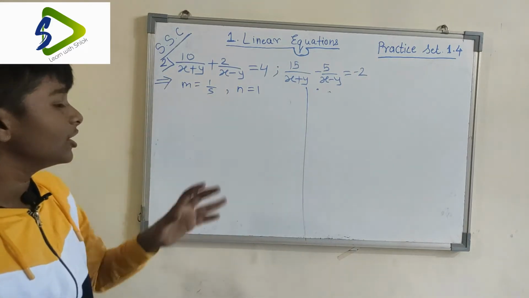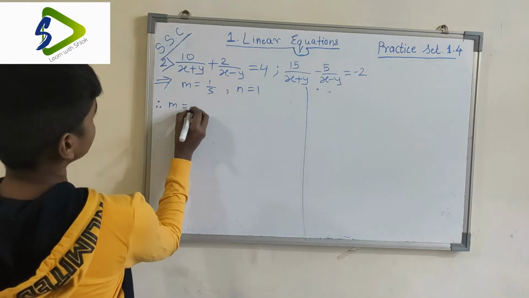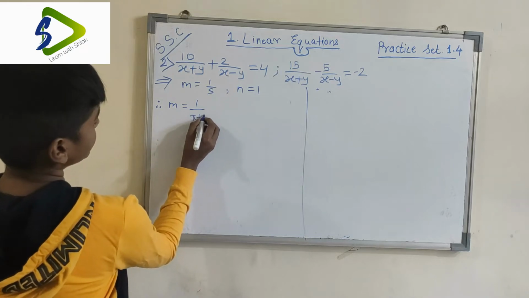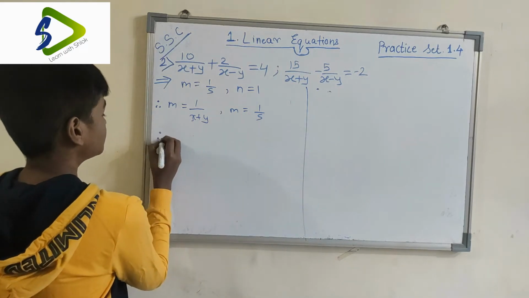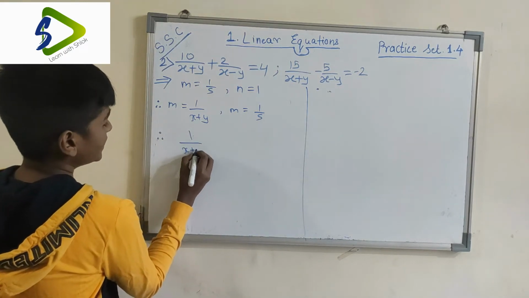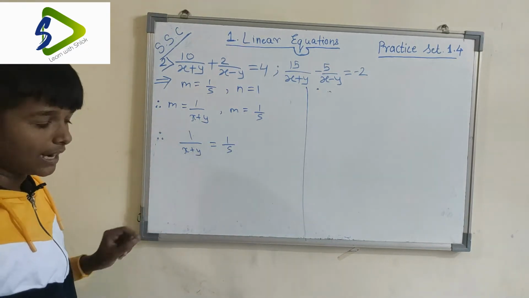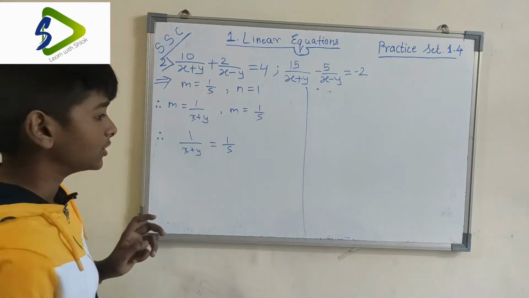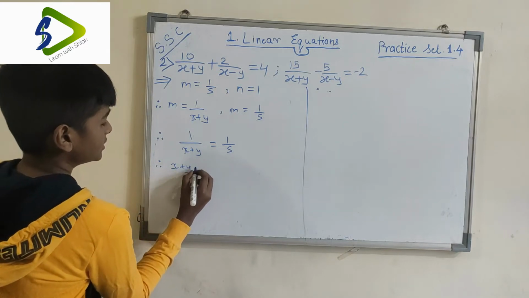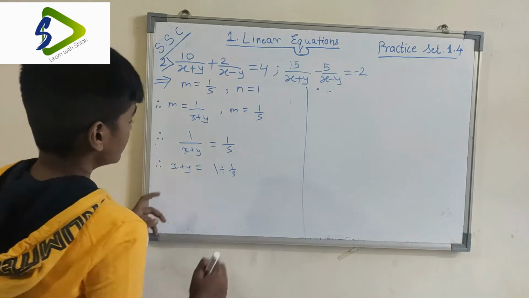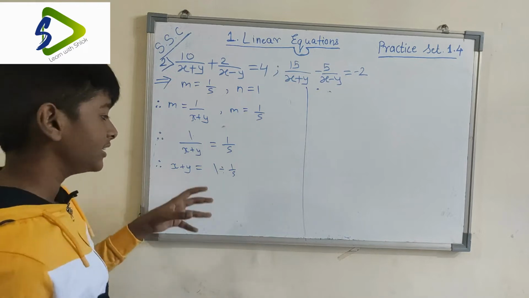So now we have found the value of m and n, we can find the value of x and y. So therefore remember that we said that m is equal to 1 by x plus y, and now we know that m is equal to 1 by 5. That means 1 by x plus y is equal to 1 by 5. Now I want to remove this one and also the y, but first I want to remove this one, so I take 1 to the other side, and therefore x plus y is equal to 1 divided by 1 by 5. Why? Because when you take it to the upper part, that just means it is getting divided, so you can also write it in this form.